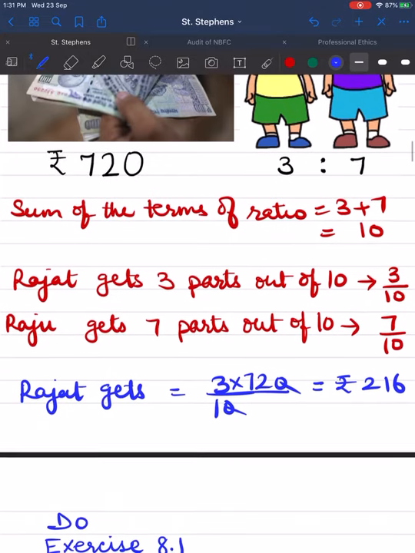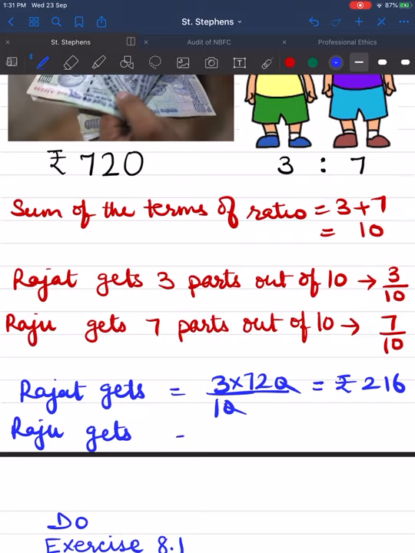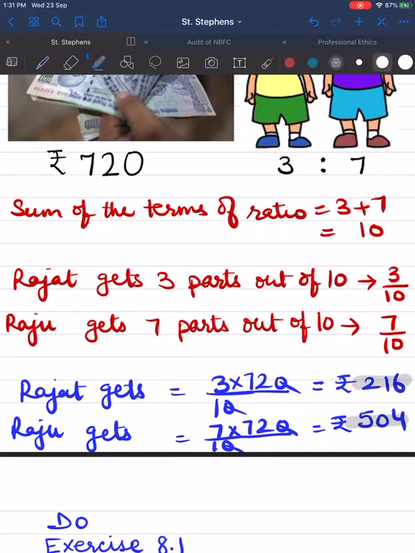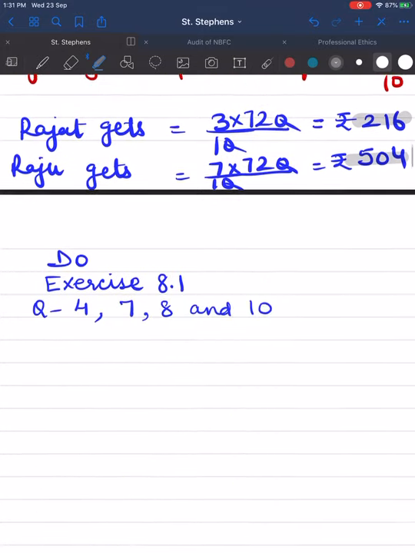And Raju gets 7 upon 10 into 720. 0 gets cancelled with 0 and we get rupees 504. And if you add 216 and 504, you will get rupees 720. For worksheet questions, do exercise